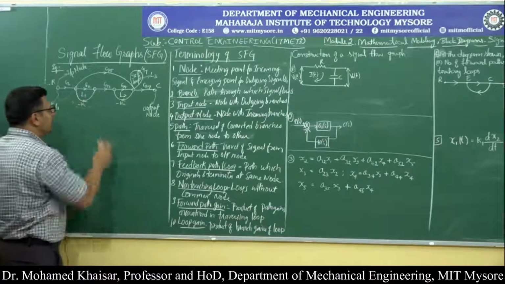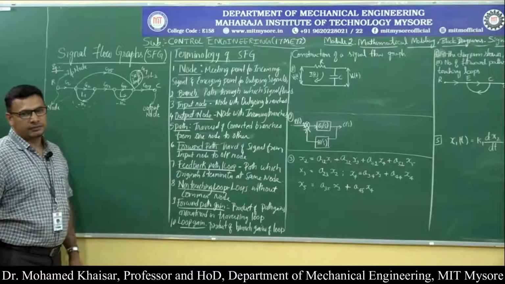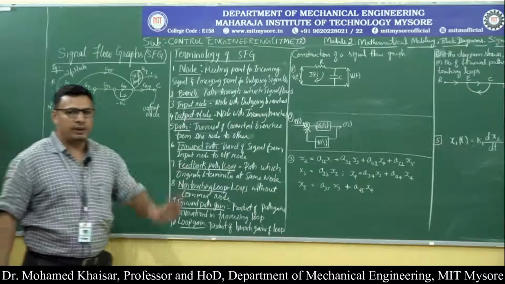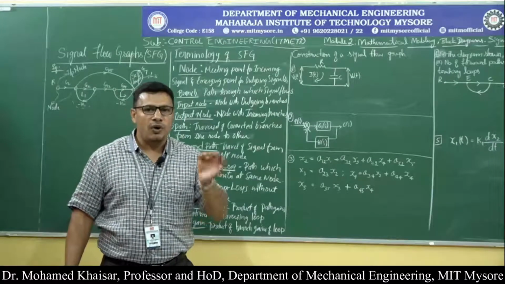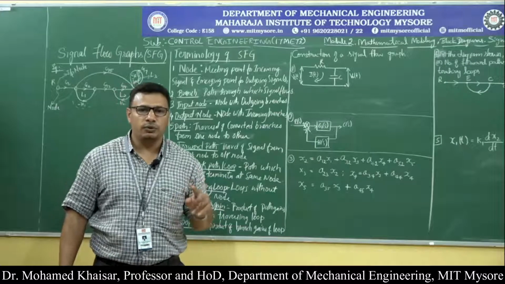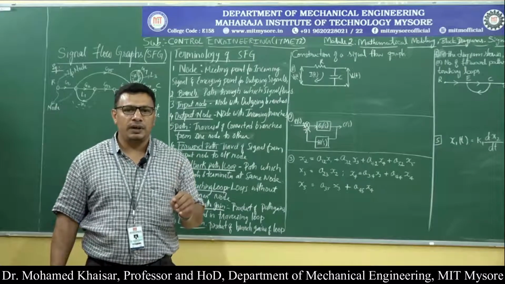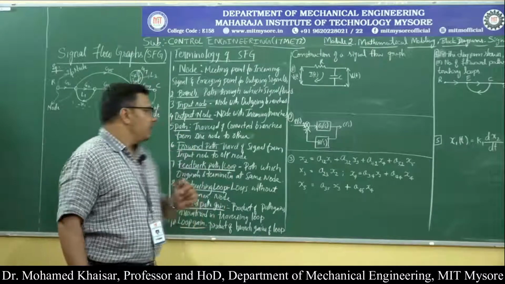Because of it, what we tend to say is loop L1 and L2 do not touch one another. So straight away, universally, what you can say is, if there is no common node between any two loops, then those two loops are called a pair of non-touching loops.